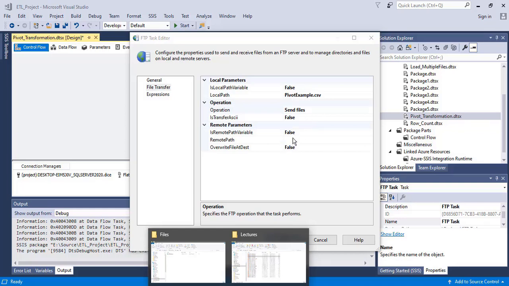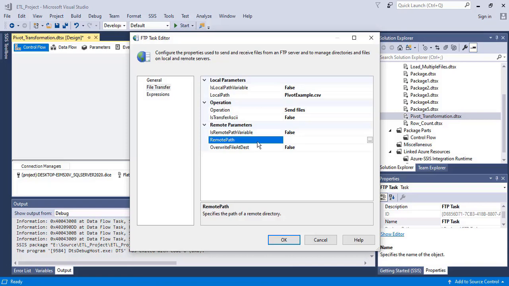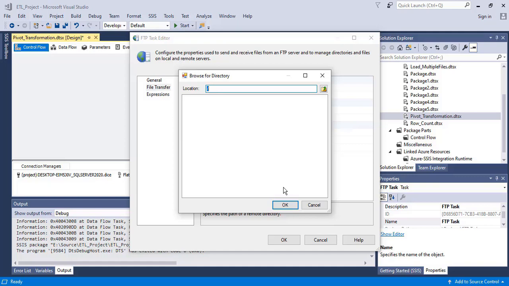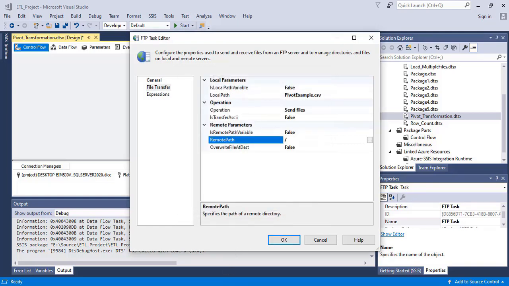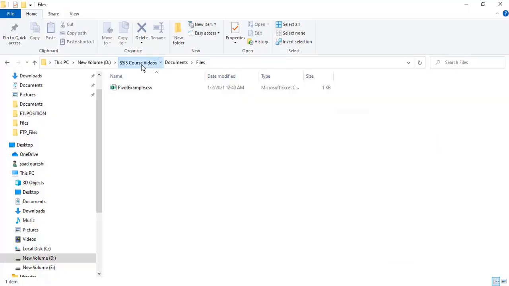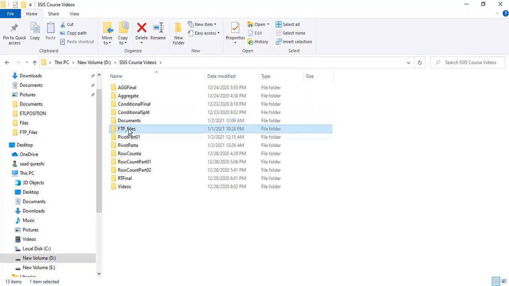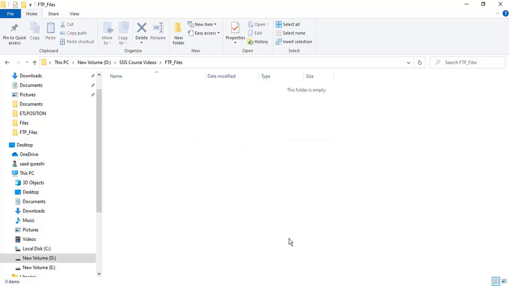I'm going to send this file to my remote directory, and this is the path of my remote directory. In case I have some folders, I'm going to provide the name of the folder after this slash. Right now I don't have any further directories in my remote directory; no folder is there.